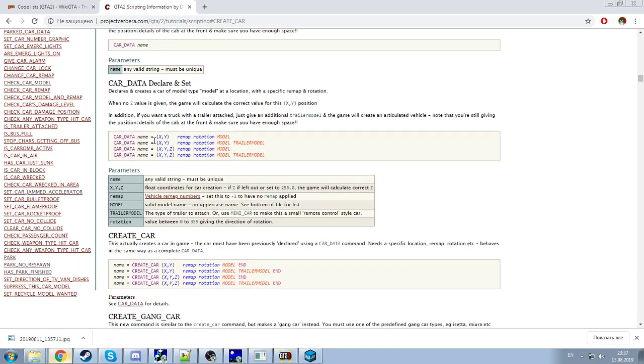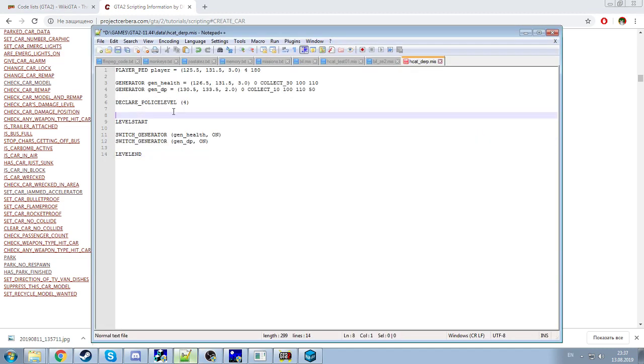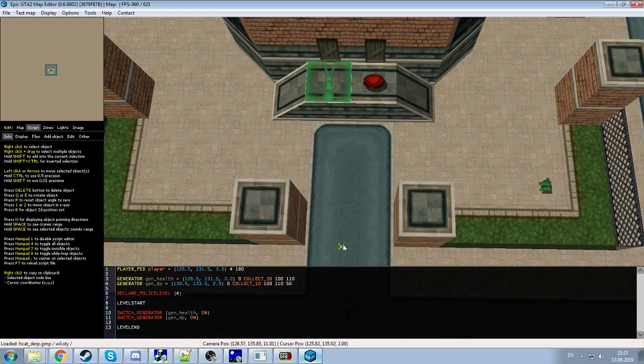Actually, we can do this with car data declare and set. Right, you can do create car like when the mission starts or something, like basically during the game, but you can do this like before anything starts. So let's copy this command here, put it in our script before level start. Car data car 01 XY would be